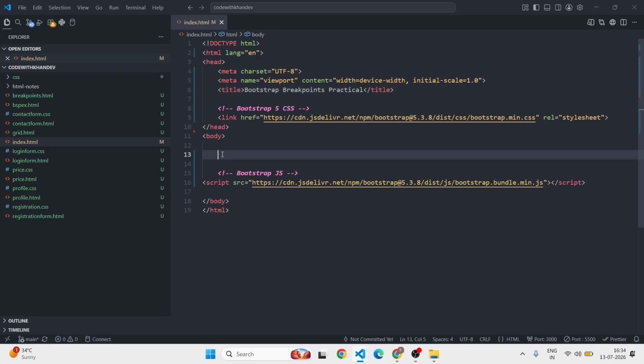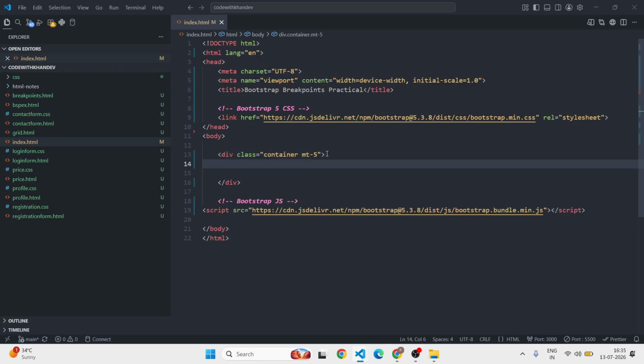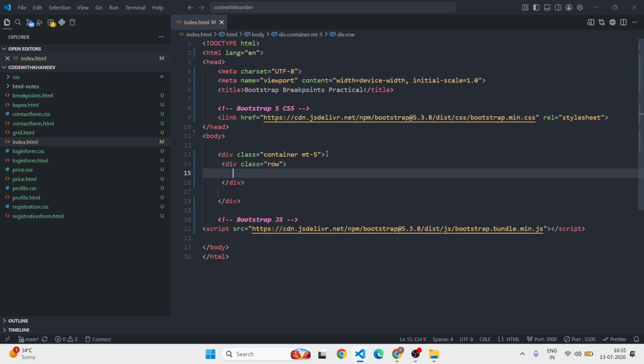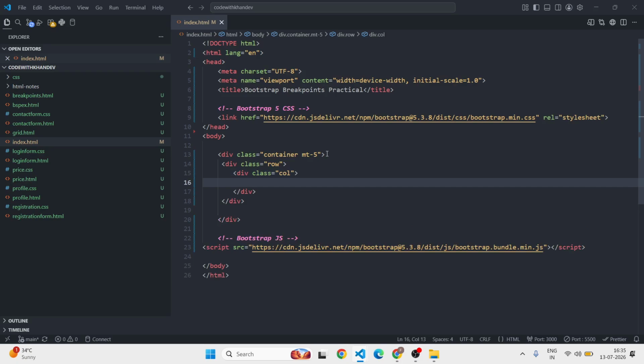I'll create the container inside the body, div, giving it class name container, margin top 5. Adding here row, div, class name is row. Inside this div, I'm adding column, class name col, card first,